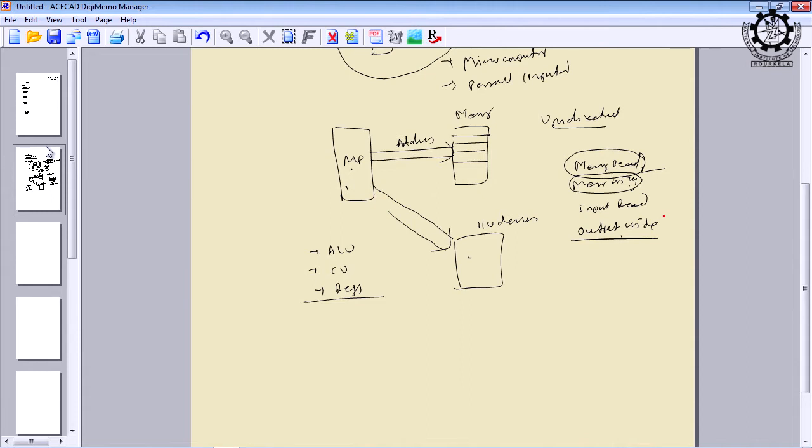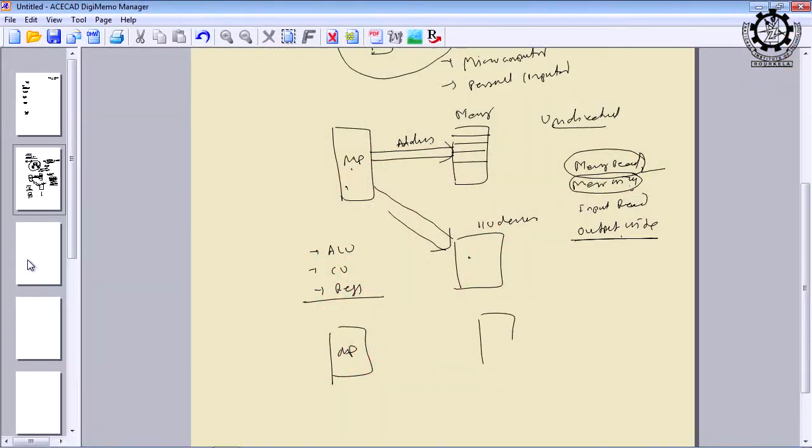So let us see how the microprocessor communicates with the memory first and what steps are to be carried out. Then we will go to IO devices. This side is the microprocessor and this side is memory, and for the time being understand that we are dealing with a kind of memory, RAM or ROM. The memory is divided into a number of locations. Each location is divided into a number of cells, and each cell is capable of storing either 0 or 1. Am I clear? Once again I am telling.